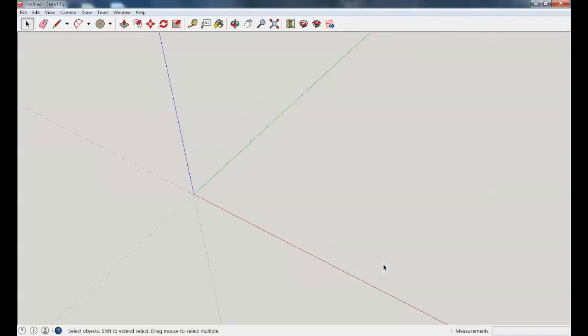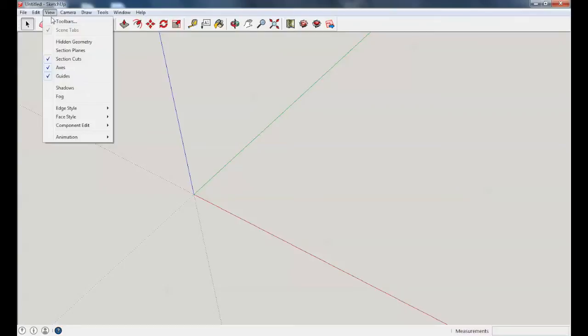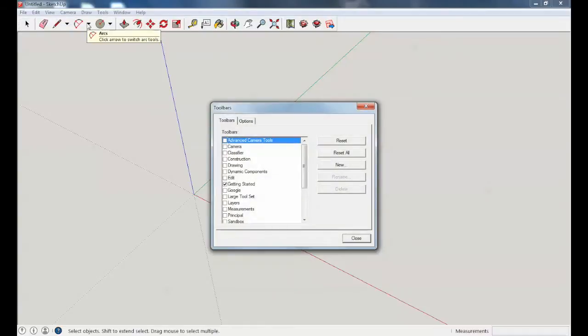Now SketchUp has opened with the Getting Started toolbar at the top of the screen here. For this we're going to need a slightly more advanced selection of toolbars. So you can see where it says File, Edit, View, Camera. Select the View from this toolbar, and the first one says Toolbars. You want to single click on that Toolbars. Now you can see that it has a selection of all the different types of toolbars and that Getting Started has already been selected. I'm going to scroll down